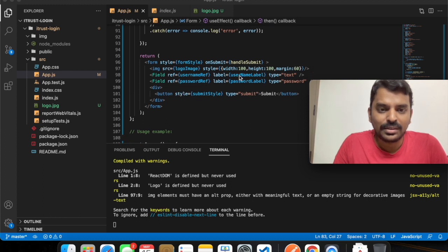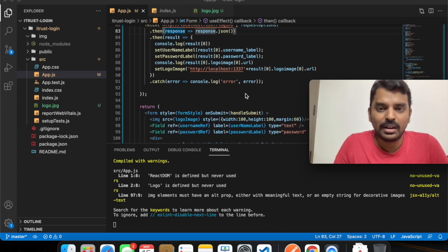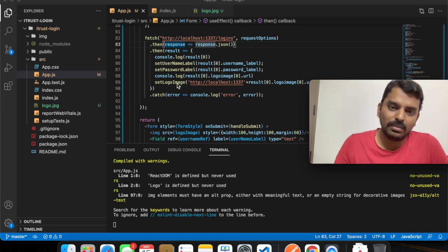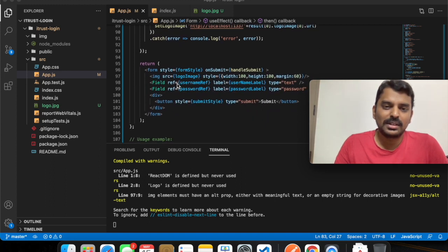That is used in the field reference label, both for username and password, and we are using an image element to render the logo, which is called logo image. From the backend, it will provide the image URL, and we are setting it in the logo image state. Once this is done and you run the React app, it will render the form with the logo, username label, and password label from the content management system.